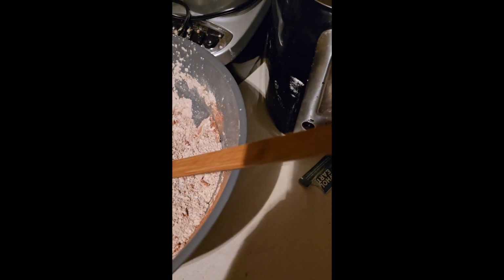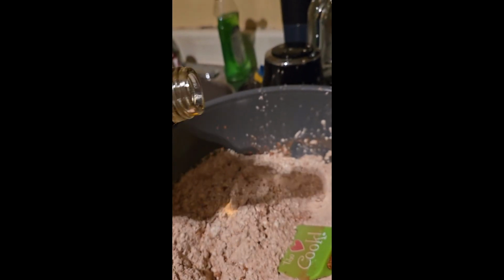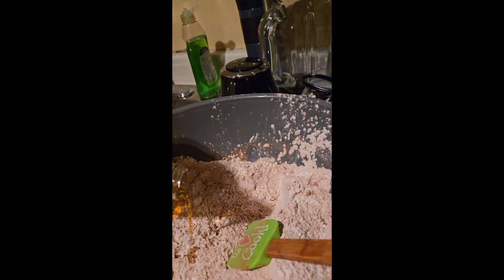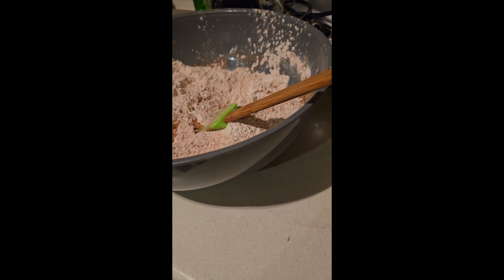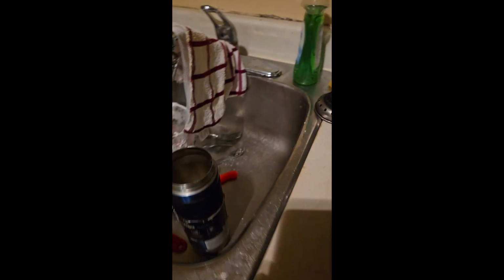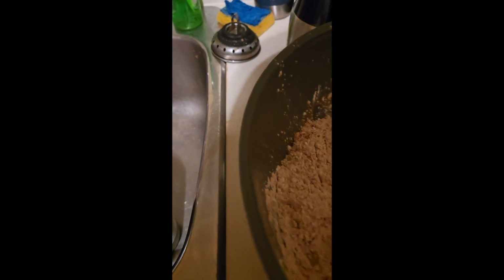Alright, so after then, I got my secret little ingredient. This is chocolate and almond vanilla liqueur. Sorry for putting the phone down so much, but it's a little hard to do this. Just putting a few drops of that in. It doesn't need a whole lot. I'm also not a baker, so...